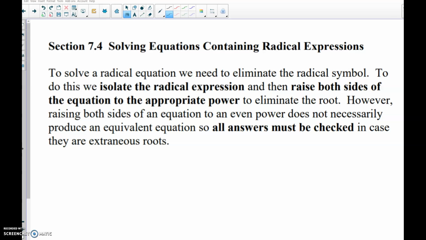Good morning, guys. Today we're going to talk about section 7.4, solving equations containing radical expressions. To solve an equation that has a radical expression, we have to eliminate the radical symbol. In order to do that, we need to isolate that radical expression on one side and raise both sides to the appropriate power. For example, if you have the square root of x equals 2,